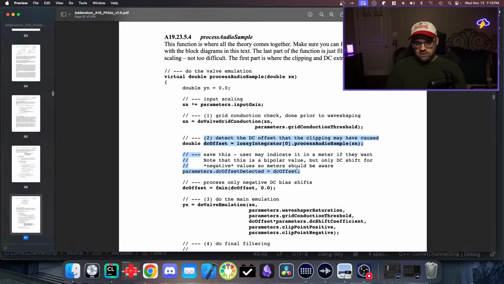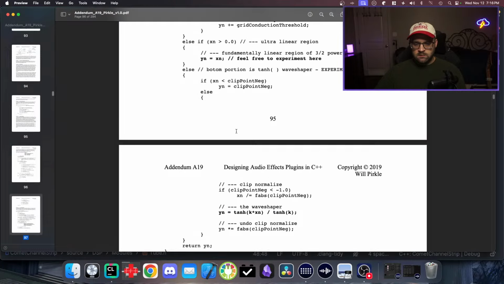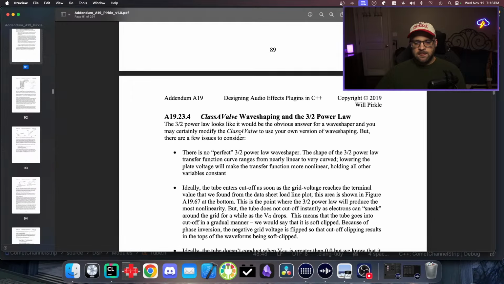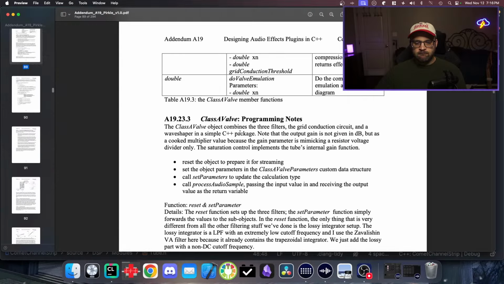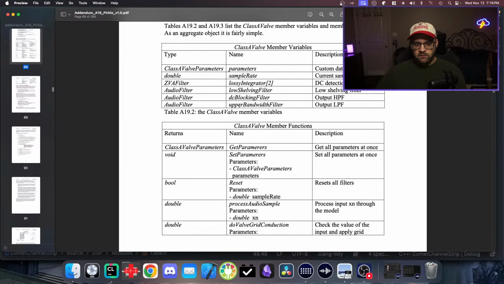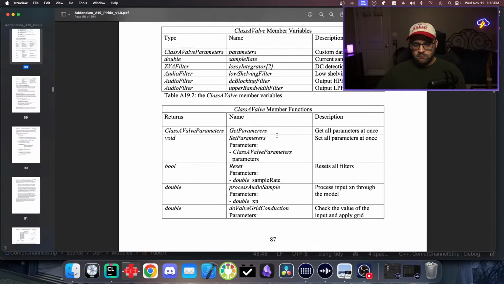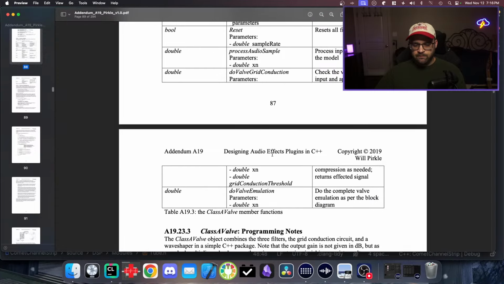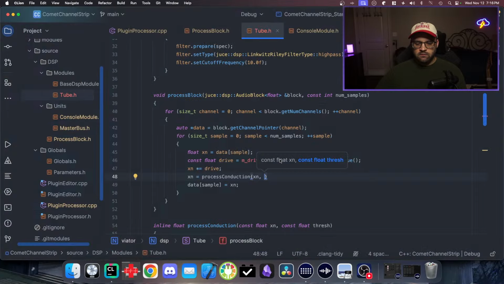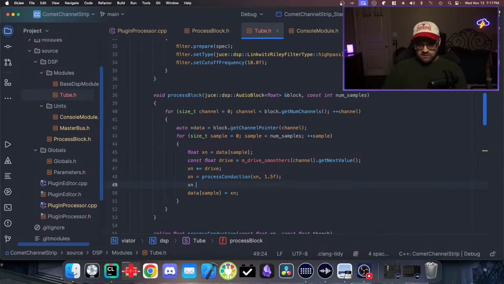So the thresh he gives values for. Let's see here. Pretty sure it was like 1.5. And what does that do? Where is it at? Oh yeah, it's just the threshold for the compression. Yeah, that makes sense. All right, so that's 1.5, and then we're gonna say xn is equal to